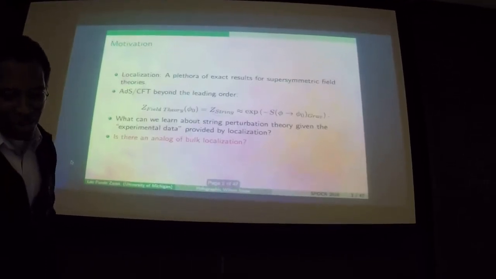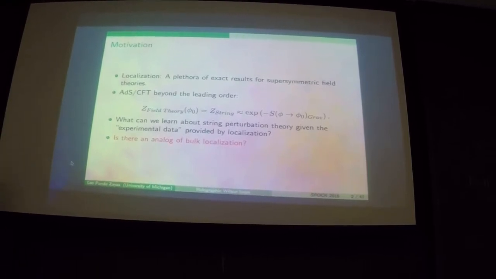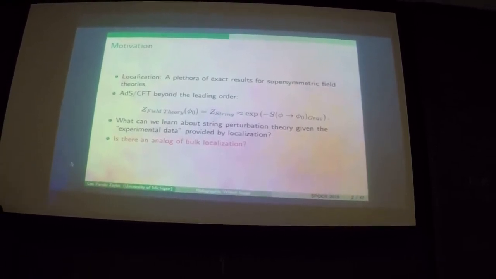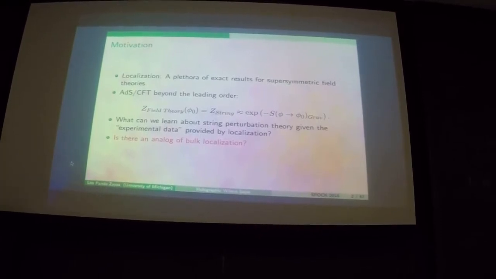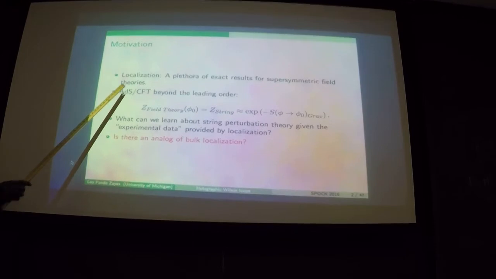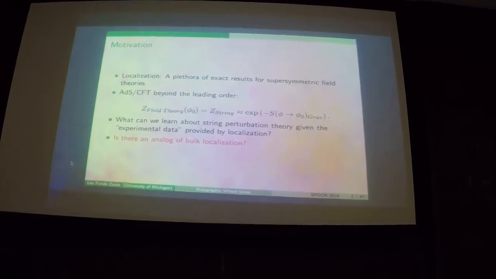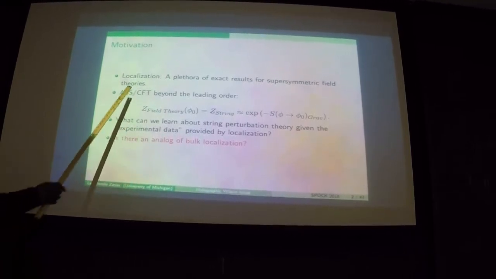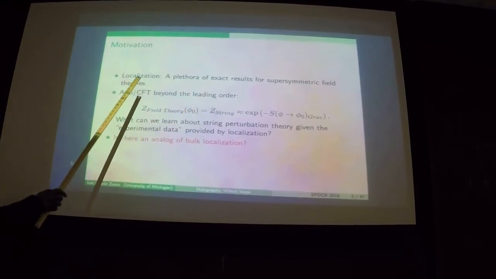Because the talk is fairly technical, I want to first clarify what it is that I'm trying to do, and this is this slide, which is the motivation. Right now we have seen a lot of applications of localization in supersymmetric field theories, and usually they give you an exact result. So you get some expectation value that is good for any coupling and for a large range of parameters. And my motivation is, now that I have all this data, can I use it to understand